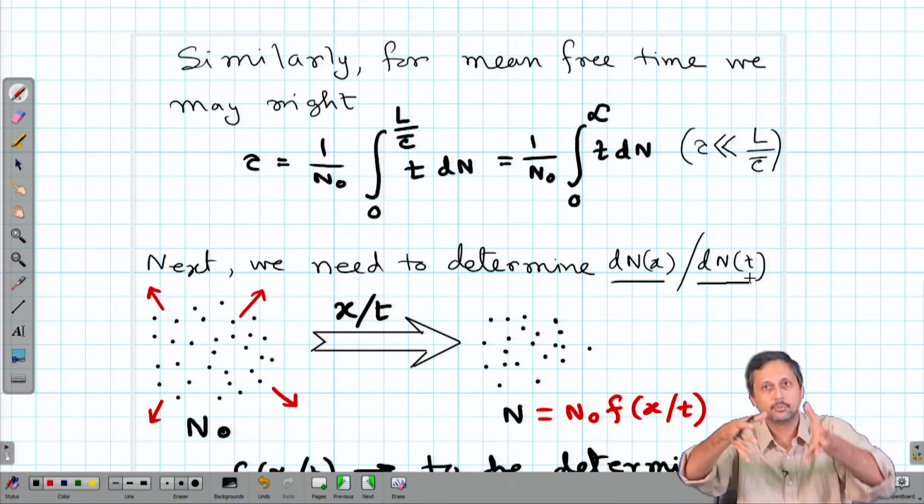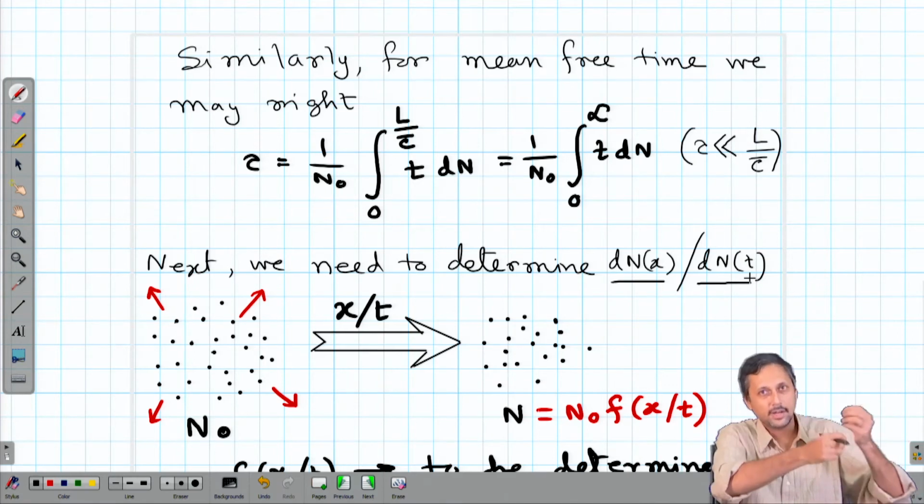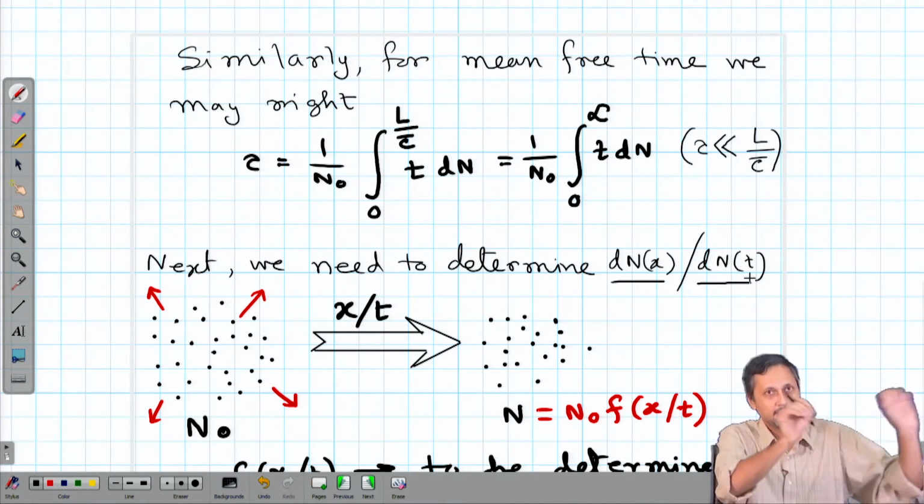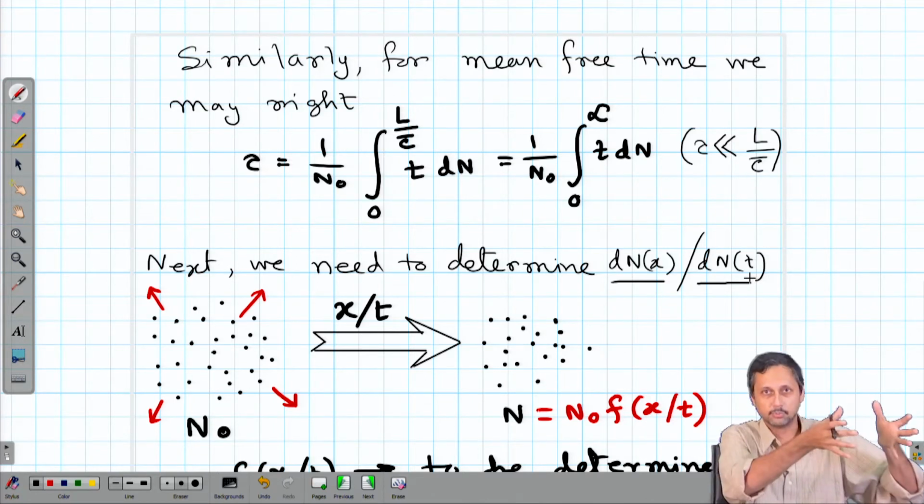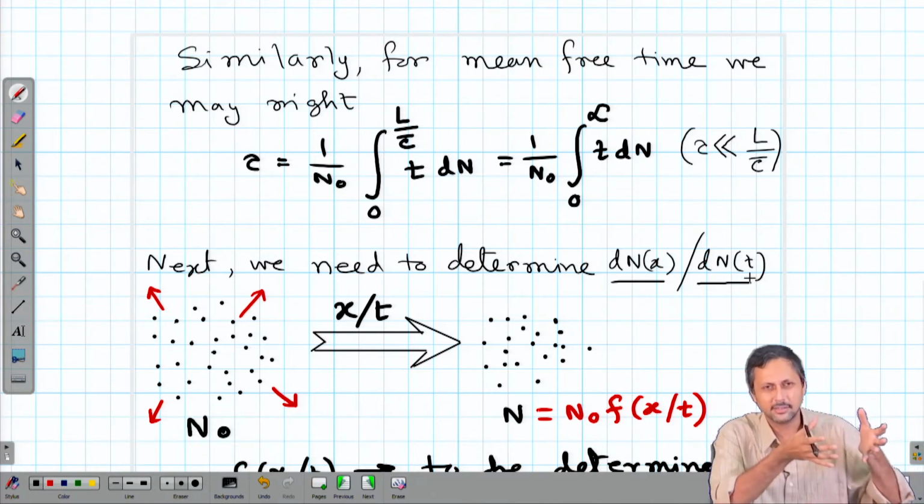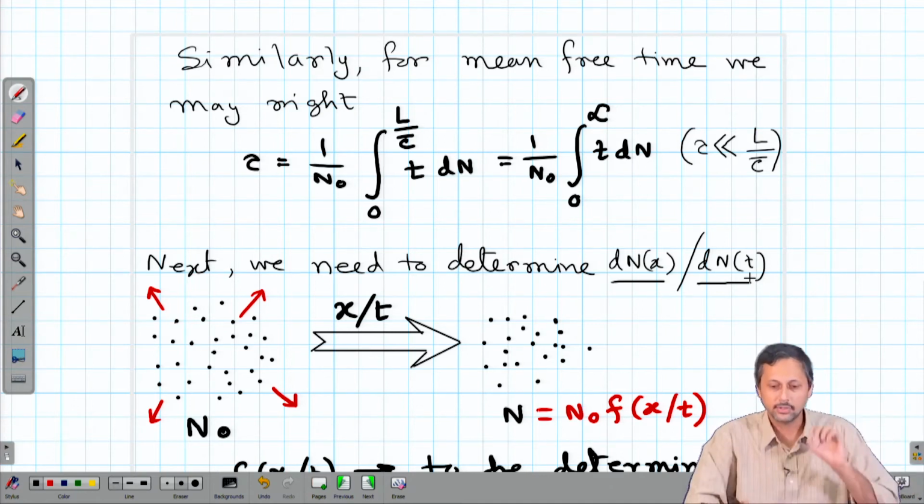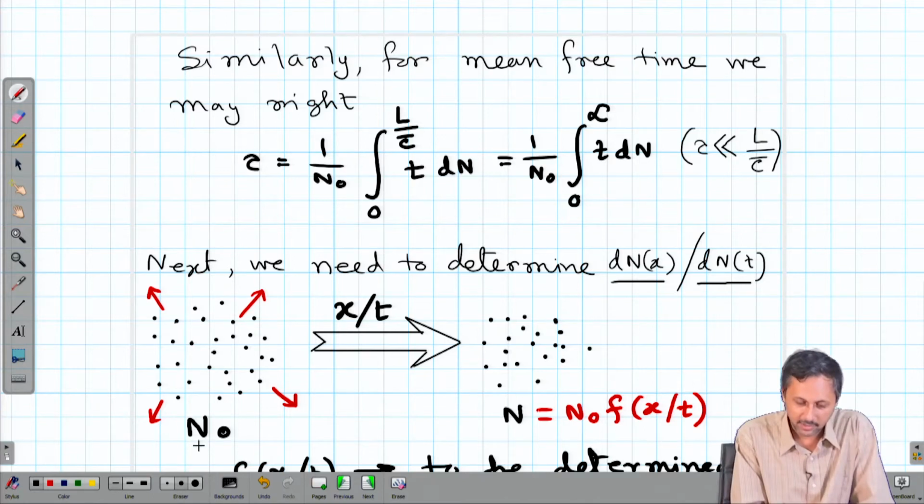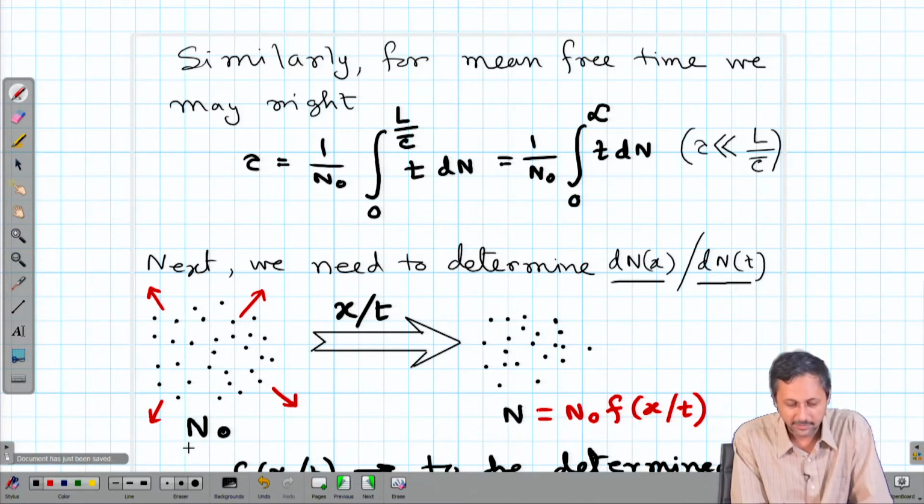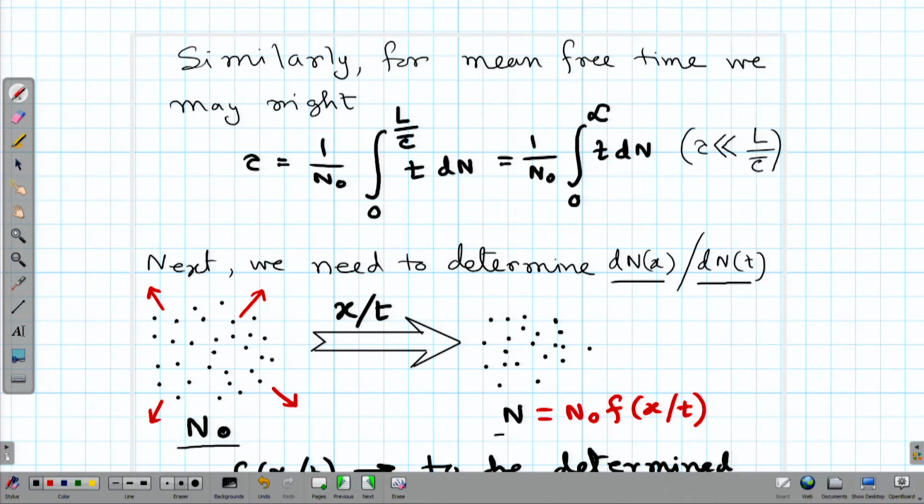As they travel across the room, across the atmosphere, they start colliding with each other among themselves, and there are molecules that are knocked out of that group. This is not the best model to describe a physical system, but this is where we start. As they travel, they start losing molecules due to collision. So, let us say they start with a number n0 to begin with, and finally after a distance x or a time t, they end up having n number of molecules, which is n0 multiplied